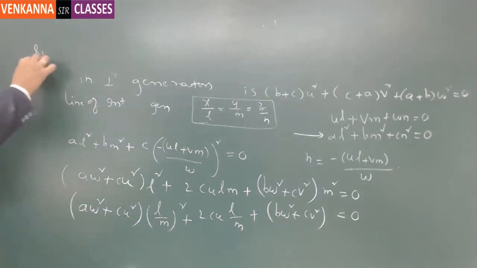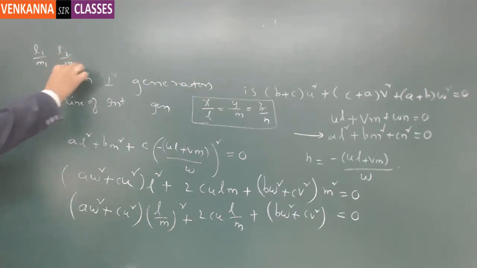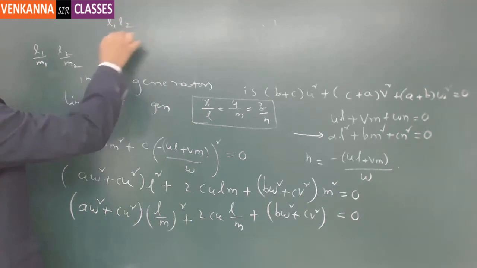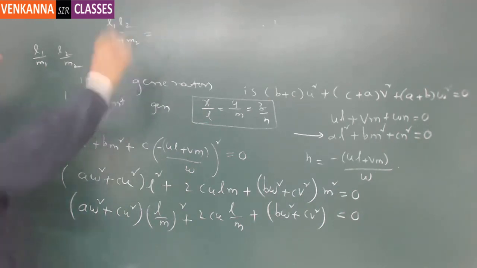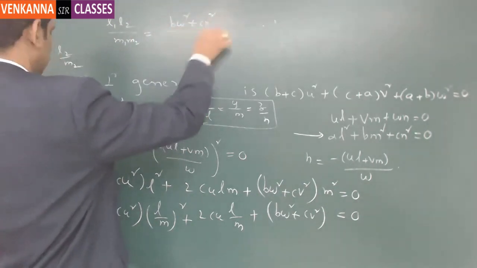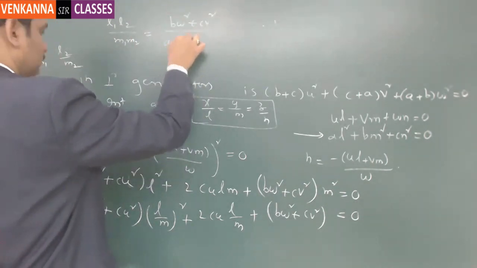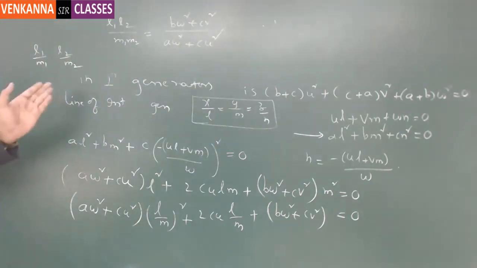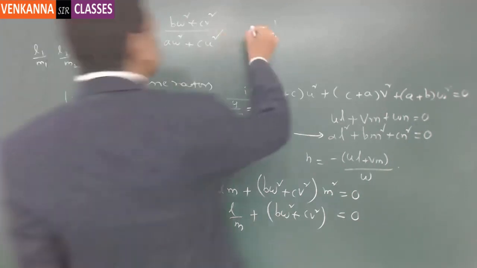Let us take one root as L1 by M1, another root as L2 by M2. Applying the product of the roots, you have L1 L2 by M1 M2 is nothing but the constant by the x square coefficient. We have written like that. Again, you can write it as